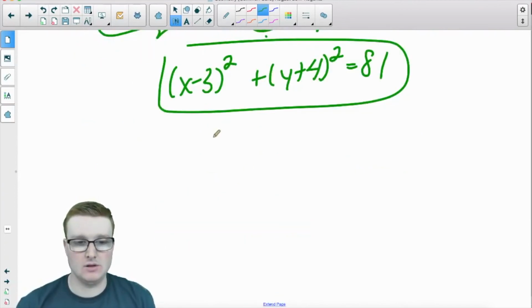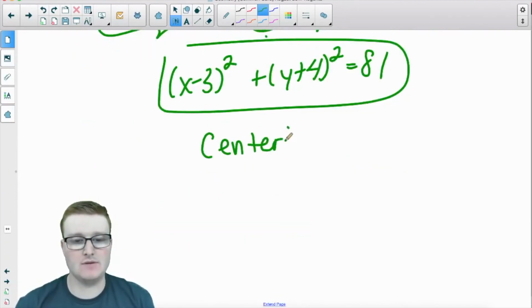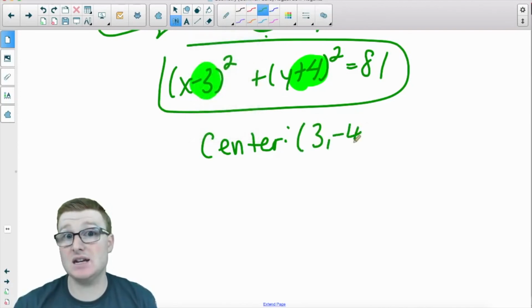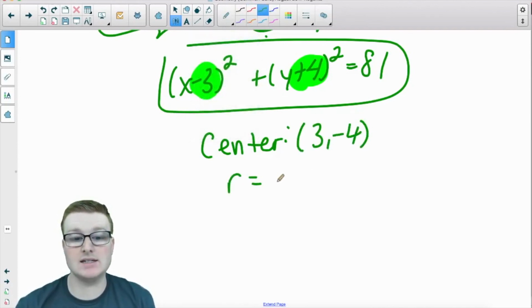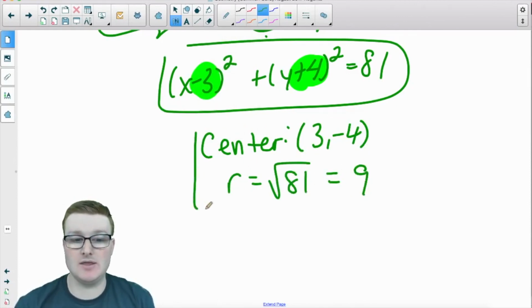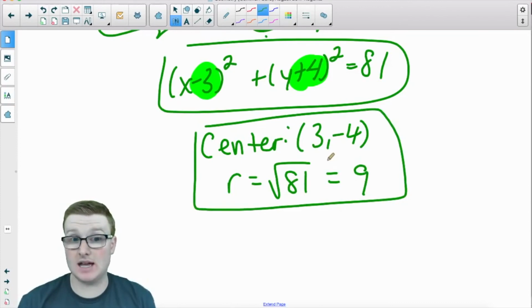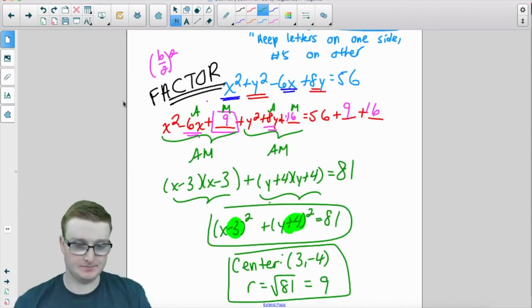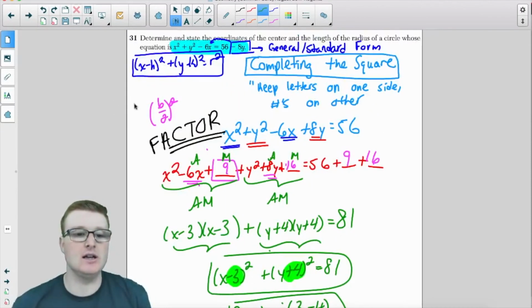We're almost there. For the center of the circle, you take the opposite values of what you see here, the negative 3 and the positive 4. The center is positive 3, negative 4, and your radius is the square root of 81, which is the number 9. Ladies and gentlemen, that is your answer. The center is 3, negative 4, and your radius is 9. And that is how you do that question. Not too bad of a question. It was just a part